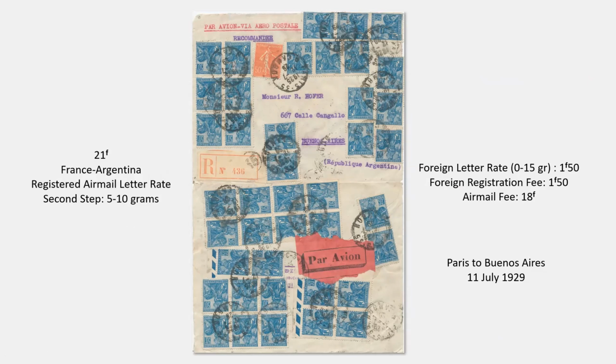And if you look in the bottom of the back of the envelope, you will see in the northwest corner of the Par-Avion label, you've got one stamp that is damaged there. But it's a lovely example of multiple franking of the 50 centime Joan of Arc stamp. And I worked it out on the right hand side. The letter rate was £1.50, registration fee £1.50, airmail fee 18 francs, which is a phenomenal amount. Well, that is the